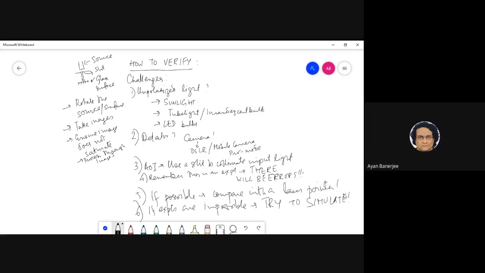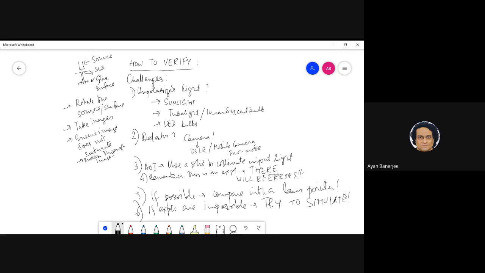Suppose you get 10% reflectance. You will see that 10% reflectance will always be 10%. It will change to 8%, it will change to 12%, but it will not change to 30%. At 10%, the mean will be 10% irrespective of angle of incidence. Is that clear? What I'm trying to say is that irrespective of angle of incidence, you will get the same reflectivity if you use unpolarized light. If you use polarized light, you will see a dependence on angle of incidence.